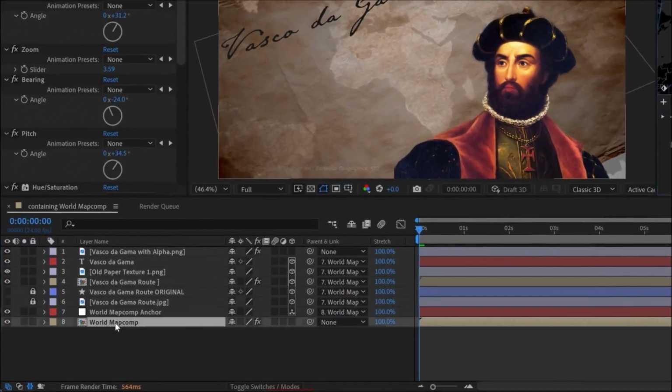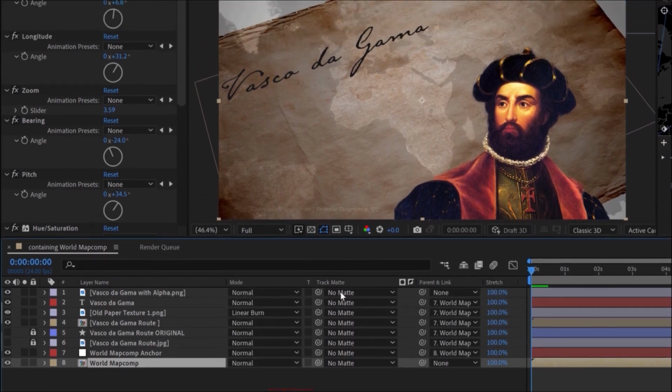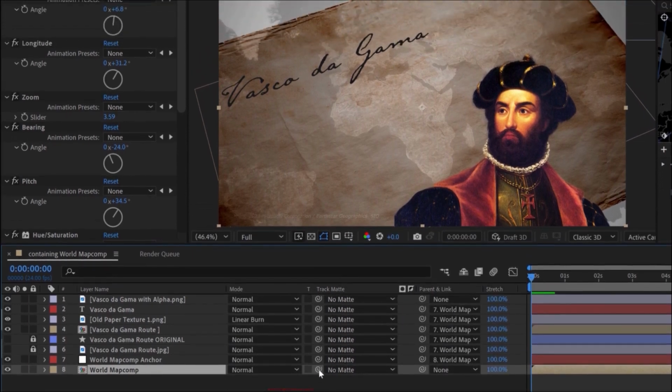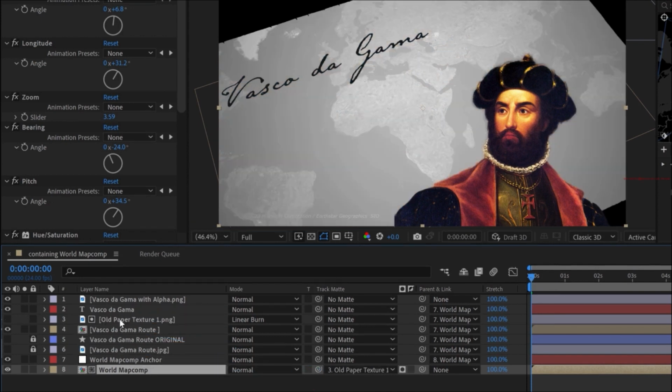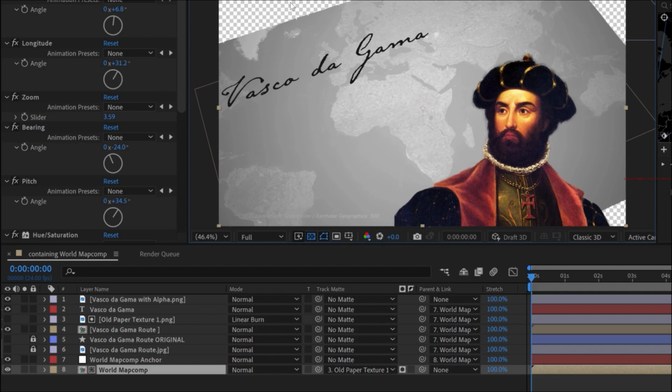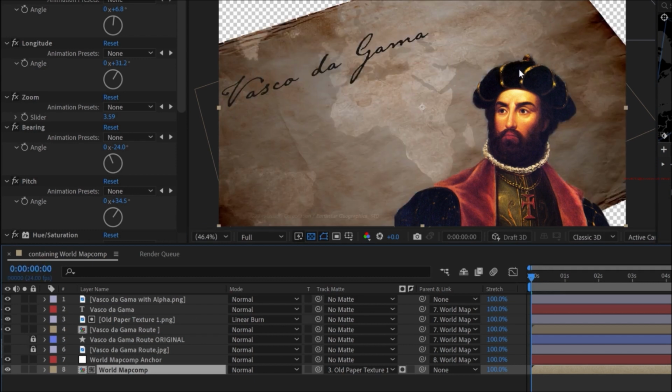So to get around that, I'm going to grab our map comp, and I'm going to toggle these switches and modes back to be able to see our track matte. And we're going to use this actual paper texture as a matte here. So click on that, and we'll use that as an alpha matte. And right away, it gives us those nice edges, or it gives us the alpha edges. You can see toggle transparency. However, it immediately and by default turns off the texture. So simply turn that back on,